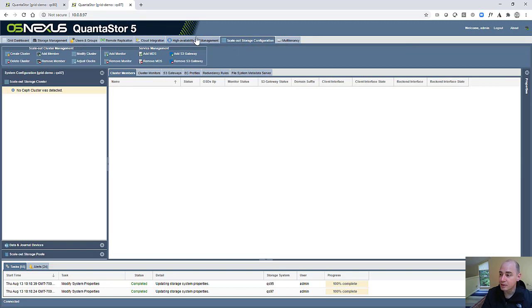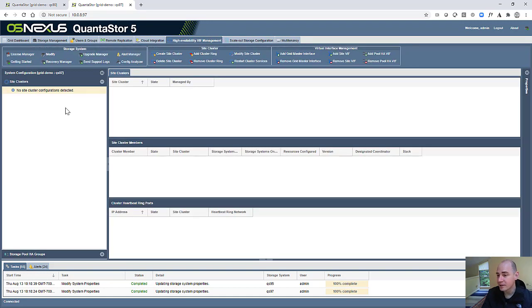You go to the high availability VIF management, and we'll create a site cluster, and then we'll add a grid master interface, which is a virtual interface that can float between the different nodes of a grid, and that automatically elects that node as the coordinator. So